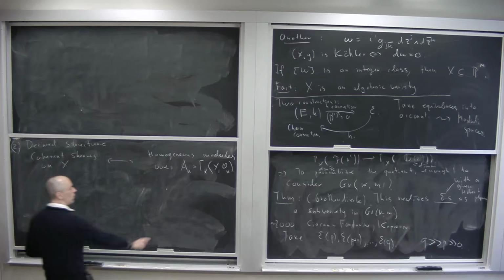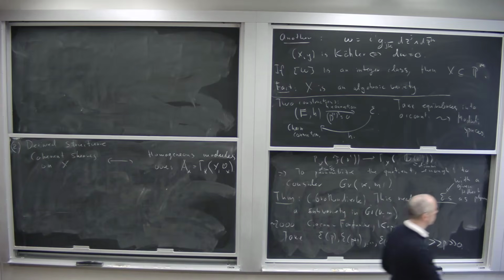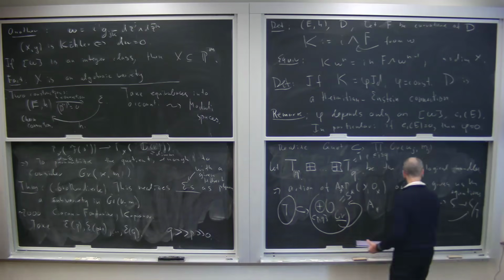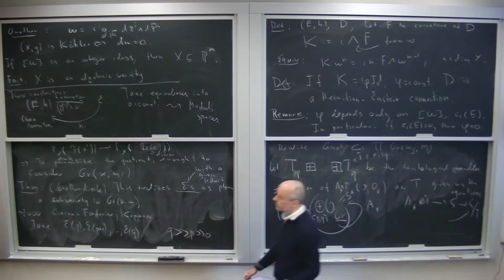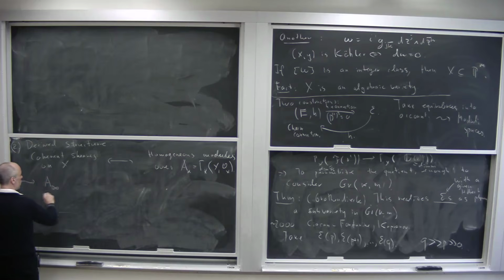And then what we try to do there is we say, okay, if we want to classify all possible coherent sheaves with a given numerical data given by Hilbert polynomial, then we are looking at equations given by action of A star. And then let's look at actions up to homotopy. So let's look at A infinity modules of A star. So from here we go to A infinity modules